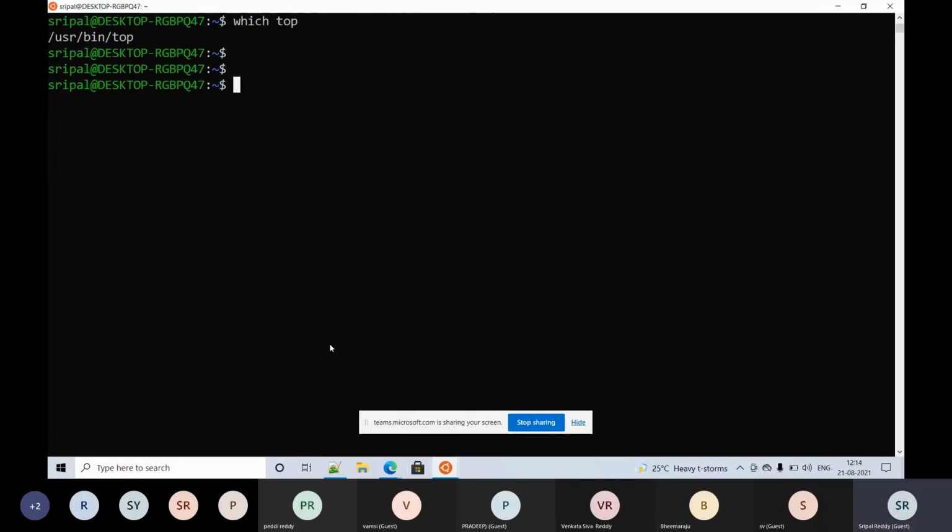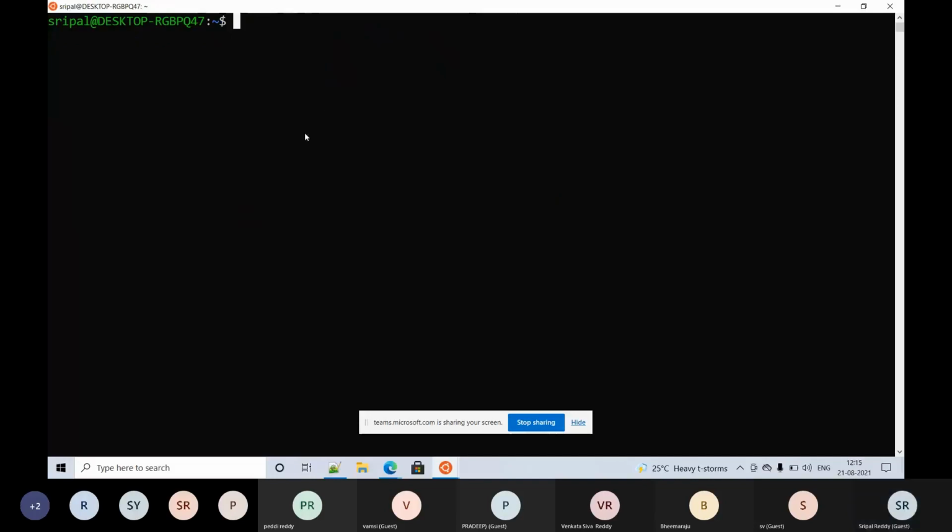The next scenario is that the top command might be listed in many places, like the bin directory, the user bin directory and the sbin directory. In such cases, we use the various option, and it should get us all the paths where the top command is stored. You can see that you have one under user bin top, and you have one under user share man one top one dot gz. I don't know what it is, but these are the places where it can get executed.